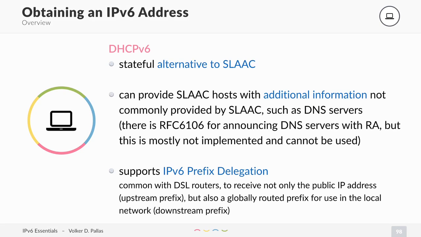We also have another option. It is called DHCPv6 and it is similar to DHCP for IPv4. It is a stateful alternative to SLAAC. Stateful means we can track the state. Somebody has a table listing all the IP addresses that are used on this link that have been handed out